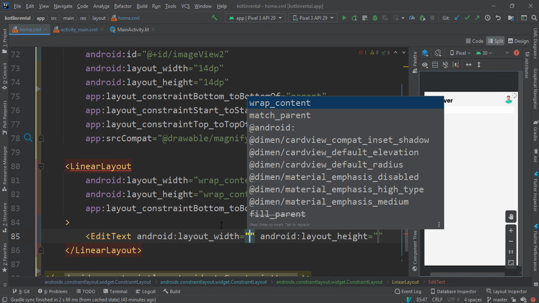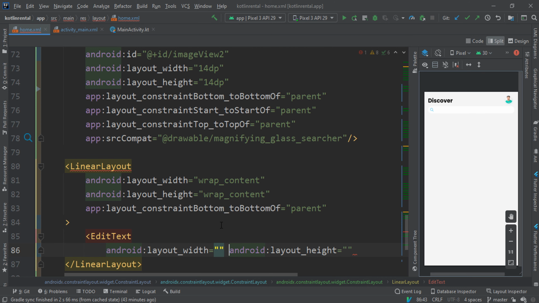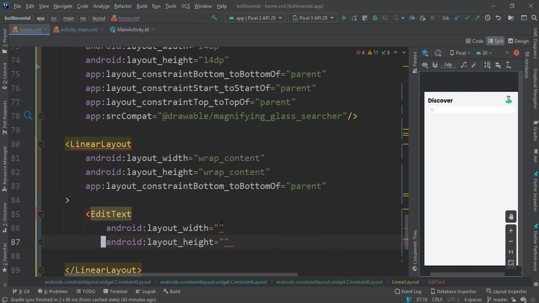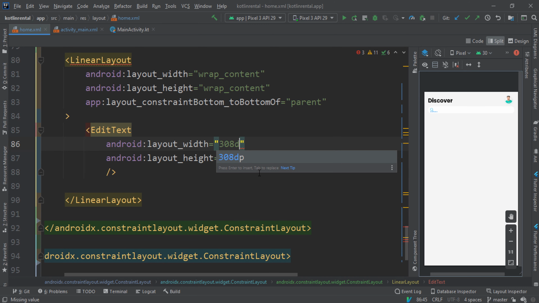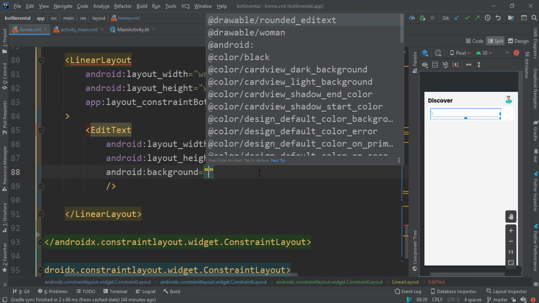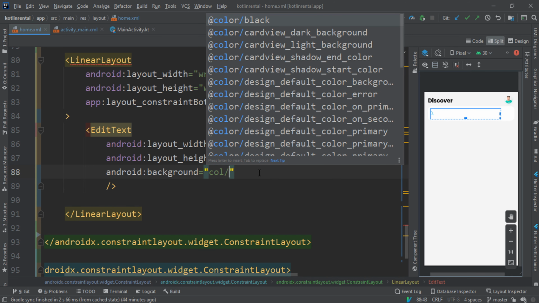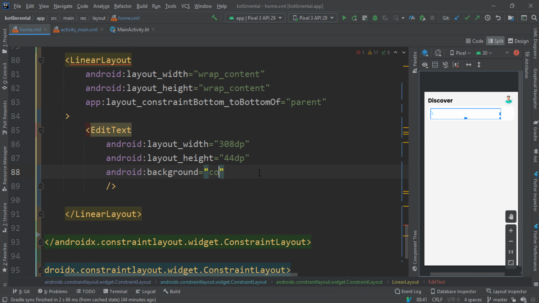So for the edit text, it's going to have a width and a height. So for the width and height, we can give it a 308 dp because we want it to have a little bit of spacing and also a height of 44 dp. And we can give it a background of color slash, we have transparent. So I think I have transparent color. Oh, I think it starts with at Android color slash transparent,